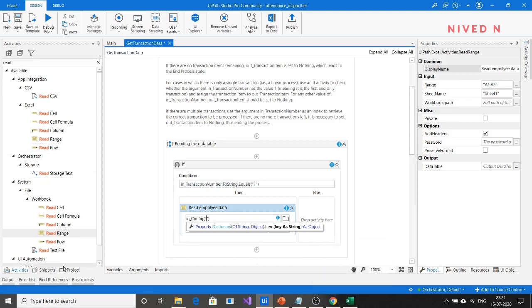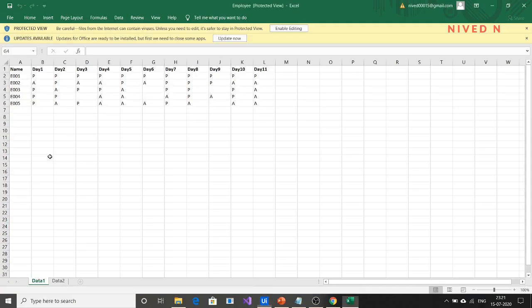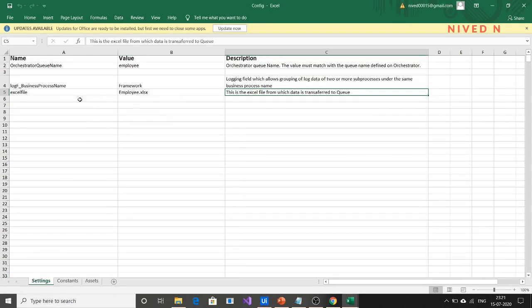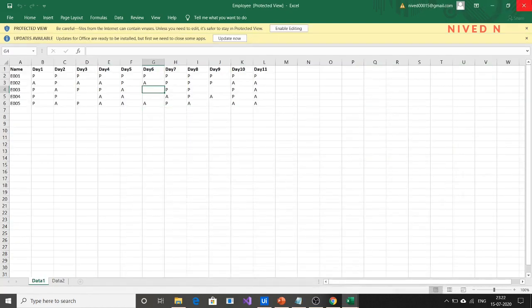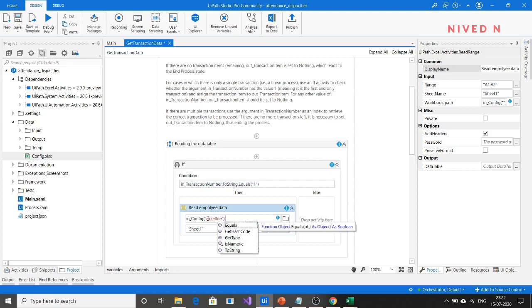The key name you can look up in the Excel config file itself. It is ExcelFile, that is the key name. Since the output of the in_Config dictionary is an object, you have to convert it to string with ToString.